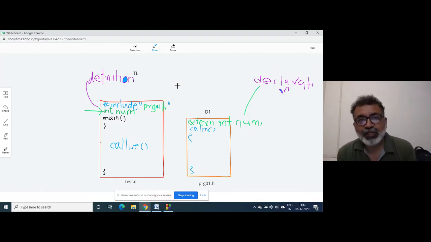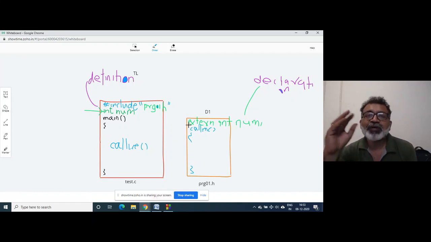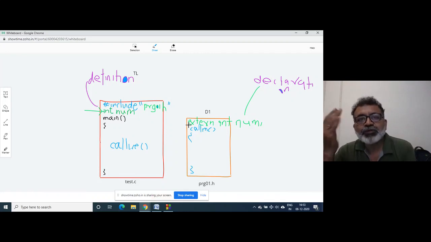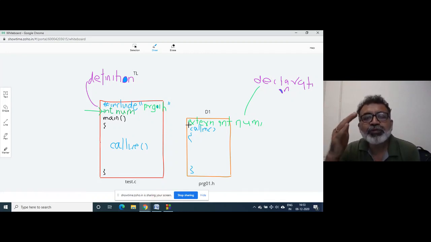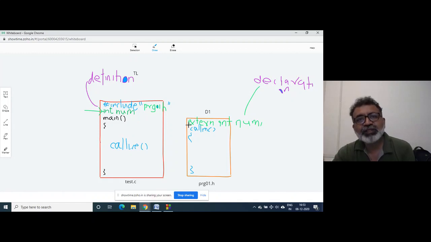At the campus, they may ask you what is the difference between declaration and definition of a variable. So this is a declaration, putting the extern modifier, so that the global variable can be accessed by that function. The extern keyword is attached.